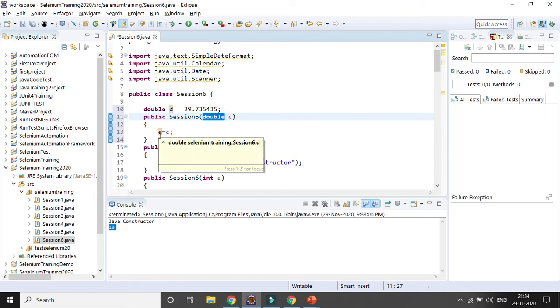Now, let's run the code and see what is happening here.